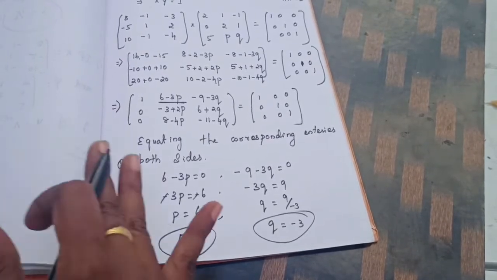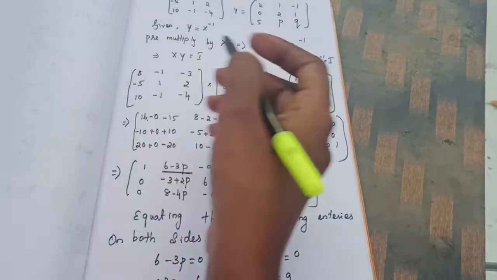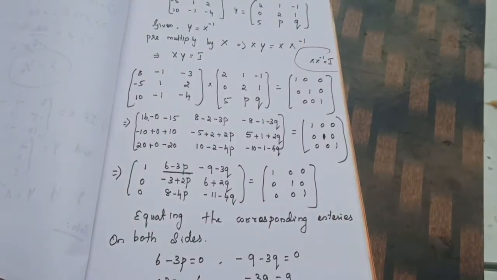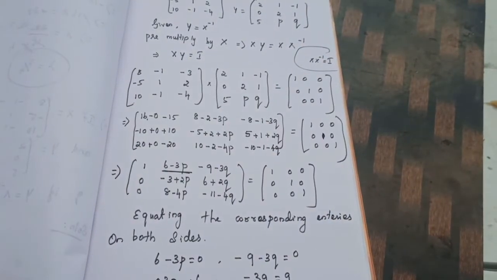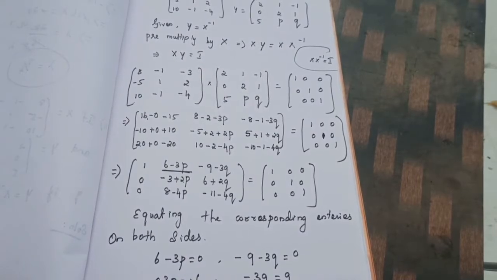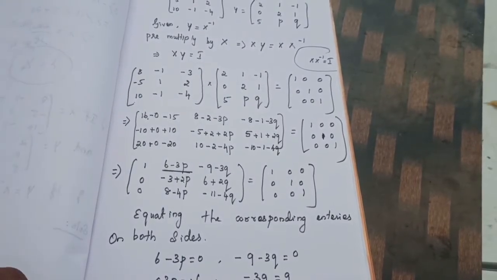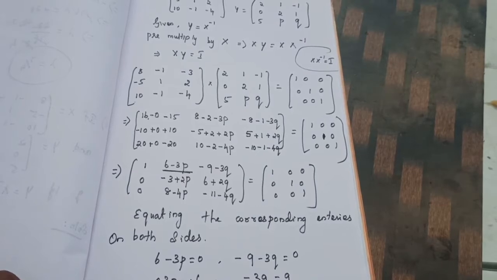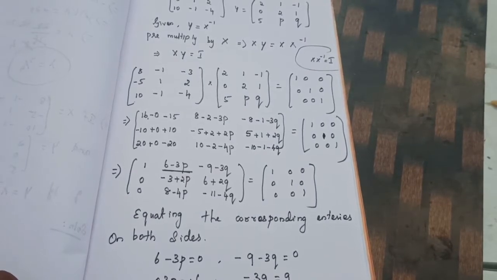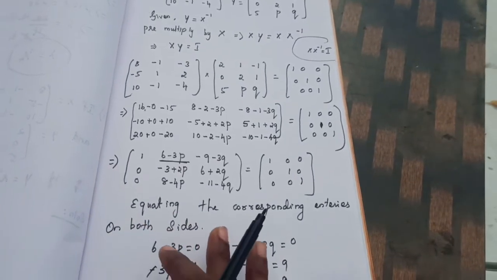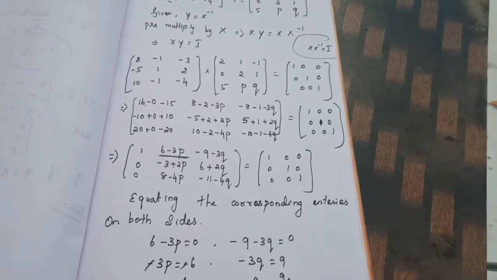So very easy. Only one thing we are doing here. We are pre-multiplying both sides with x inverse. Understand? So x into x inverse, what's the value? I. I already taught you in one note that a into a inverse is equal to I. That is I means 1 0 0, 0 1 0, that is I3. Is it right? So if it is a 2 by 2 matrix, we will substitute 1 0 0 1. Okay, that's all. Understand? I hope you got a good idea in this section.